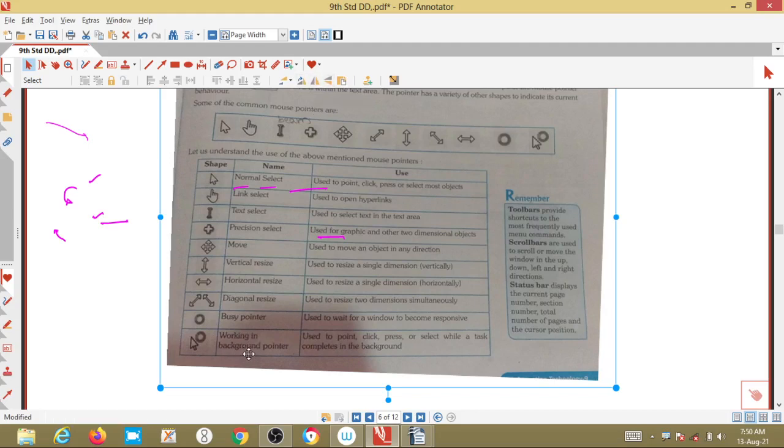Then the working in background pointer, if you get these two symbols, it is used to click, press or select while a task completes in the background. Suppose we have closed it but it is working on something in the background, we will get that symbol. These are the different mouse pointers. That's the cursor and mouse pointer shapes.